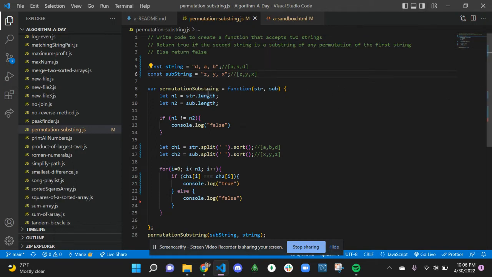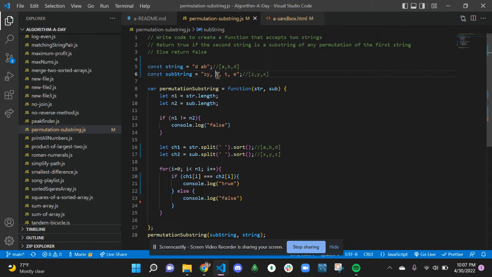So then I just created a function. It takes in the string and its substring as parameters. Then we make two more variables where we store the length of the string and the substring. Here, they don't necessarily have to be the same length. They can totally be any length, right? So on line 6, this one could be 5 characters, and this one can be 3. But